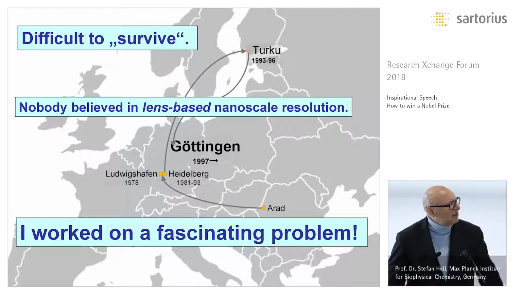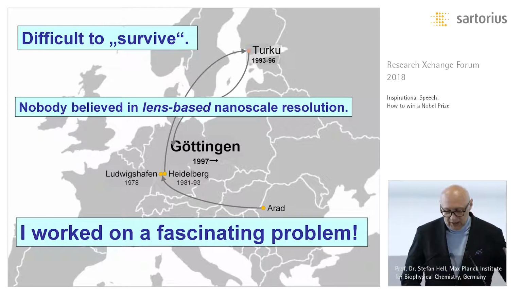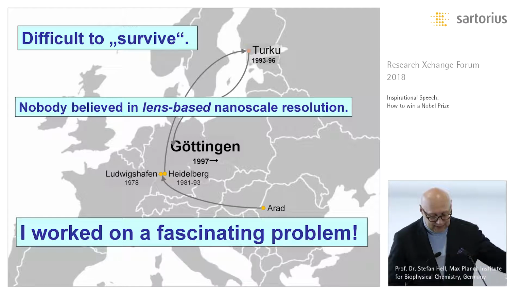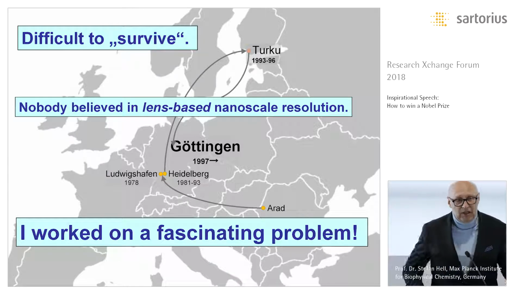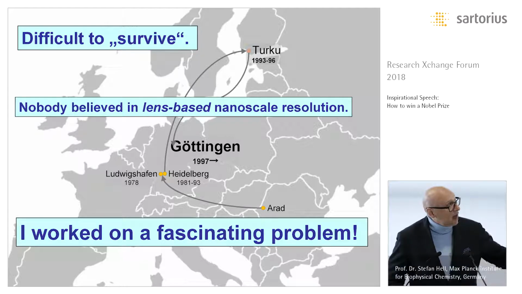They said, oh no, I mean, the diffraction barrier was there for 100 years. Why should this guy from this place no one has heard of, all of a sudden make a difference? So it was very difficult to survive. And at some point, I licensed patents that I made on my own, because I was an only person, so to speak, a freelance person. And the company, EG&G Wallac, then gave me money in return to develop my idea. And this is how I survived. And that gave me some lead time